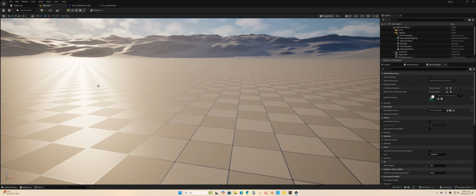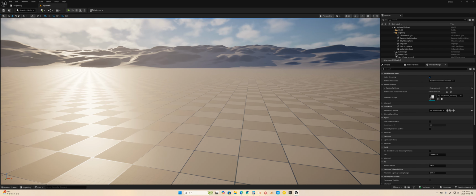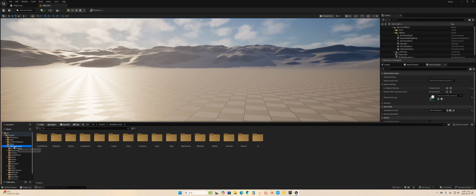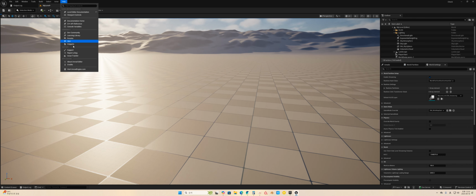Okay, let's examine my asset. Today is 2025-9-18, and I already downloaded my asset, Minimap Creator. So this asset is today's asset. If you download it from now, your Minimap Creator asset will be the same as this asset, and the Unreal Engine version is